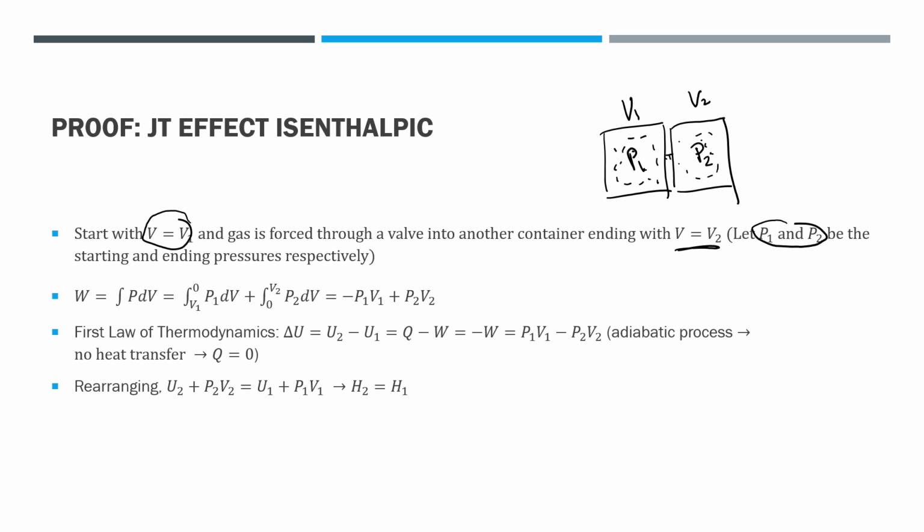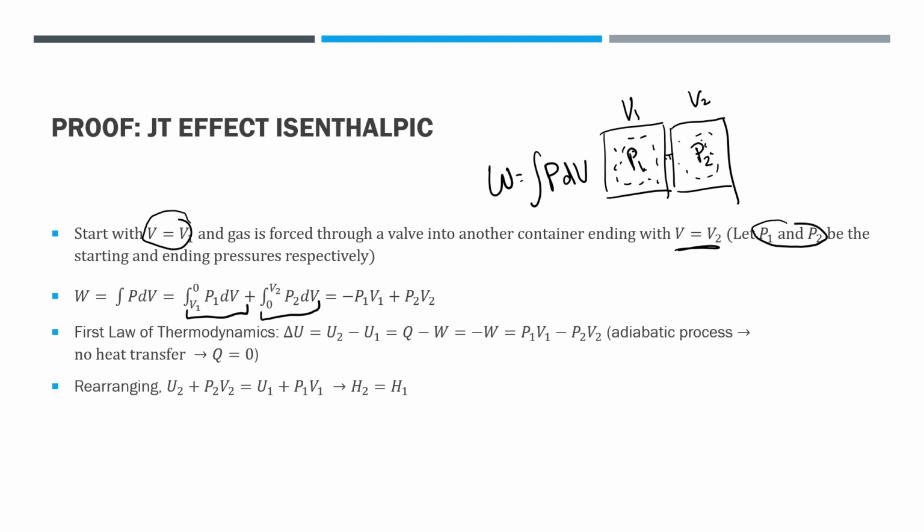So now I want to calculate the work that needs to be done for me to push this gas from a state of pressure 1 and volume 1, to a state of pressure 2 and volume 2. And work is defined as the integral of P dV, right? You should know this formula from previous courses. So we can split this integral up into two steps. The first step is compressing the gas to basically 0 volume. And then the next step is letting the gas expand into our final volume. So that's what I've done in this integral, where I've broken it down into two components.